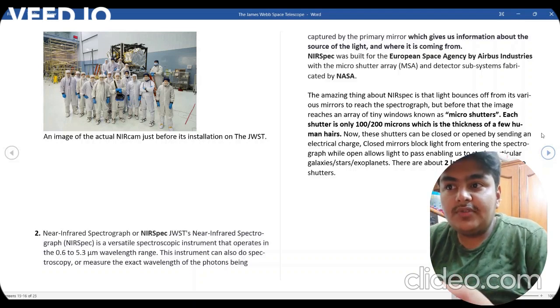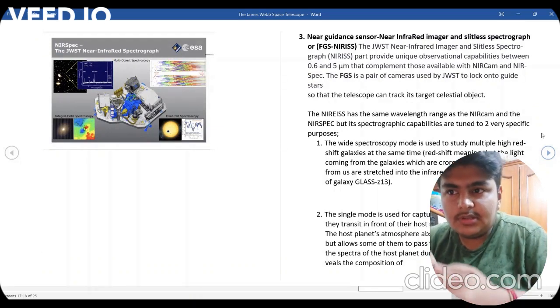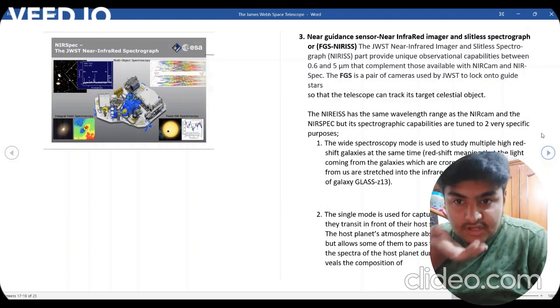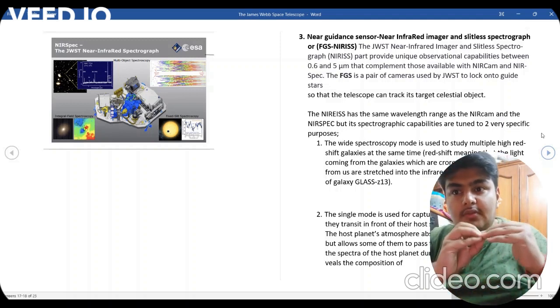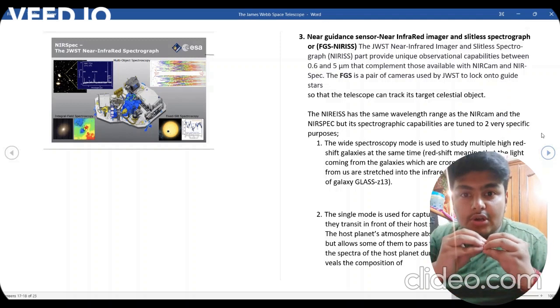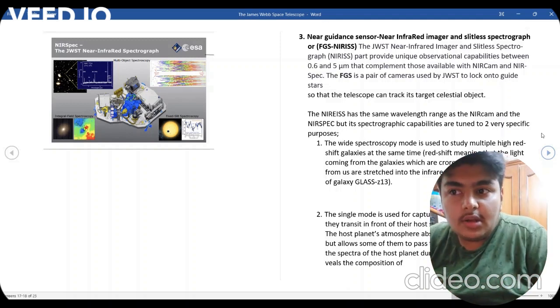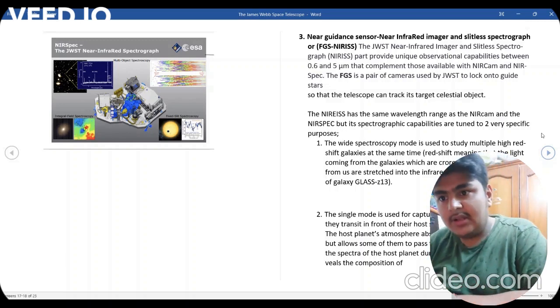So the Near Infrared Imager has 2 very specific purposes. The wide spectrography mode studies high redshift objects. Now these high redshift objects are those which are very far away from us, millions of light years. So their light has been stretched into the infrared spectrum. That's why they became red in color, just like the galaxy we talked about, GLASS-z13, and